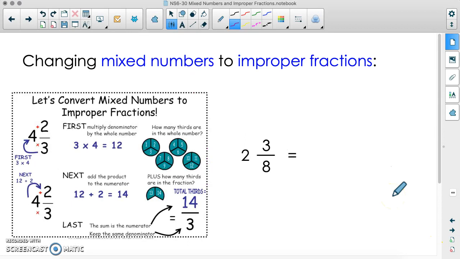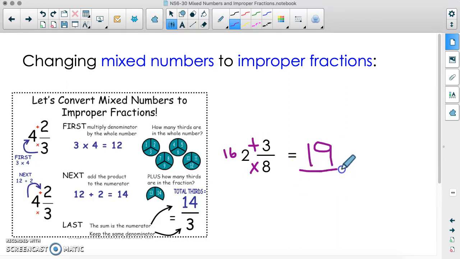So this is the trick we've been using, and you can download this model notes page from Power Learning to help you on your exercises. If I want to convert this mixed number 2 and 3/8 into an improper fraction, I'm going to take the denominator, which is 8, and multiply it by this whole number. So 8 times 2 is 16. Now I'm going to take 16 and add on the numerator. So it's going to give me